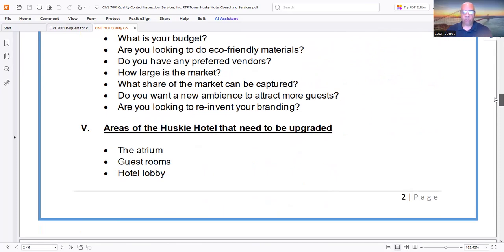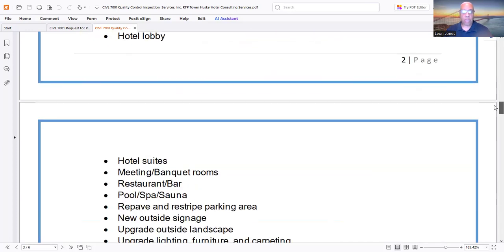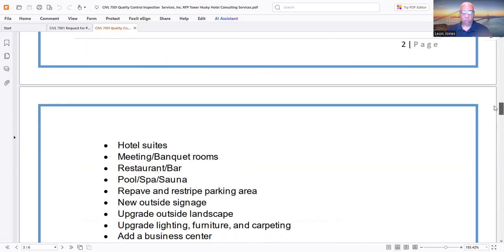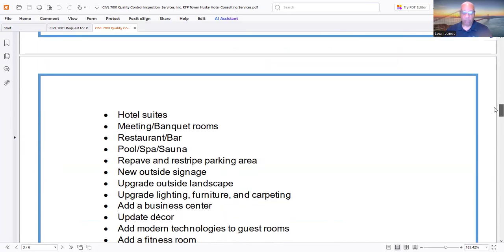Now, areas that will need to be upgraded for any hotel: you're going to have your atrium, your guest rooms, and your hotel lobby, your motel or hotel suites, your banquet rooms, your restaurant, your bar, your pool, your sauna. We're also going to do the outskirts with repaving and restriping the project area, offering new outside signage, upgrading the landscape, and you're going to need new furniture, lighting, carpeting, add a business center, always update your decor,